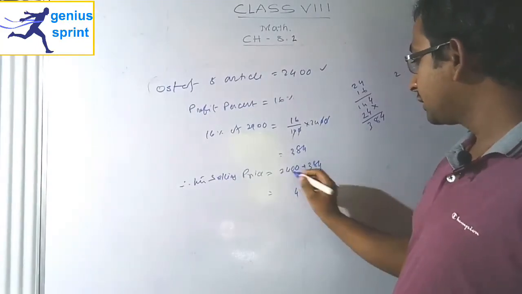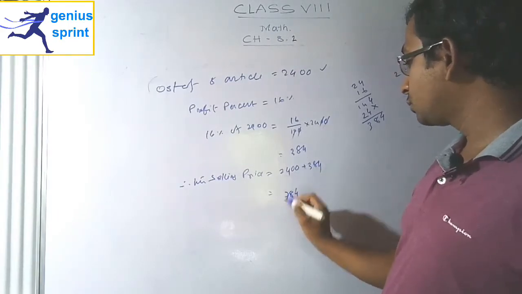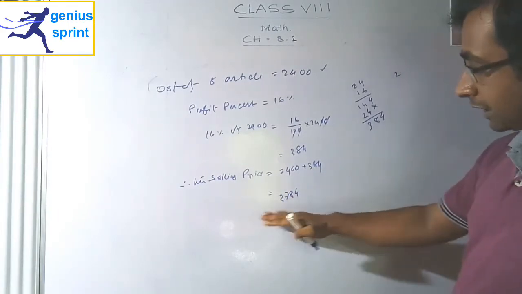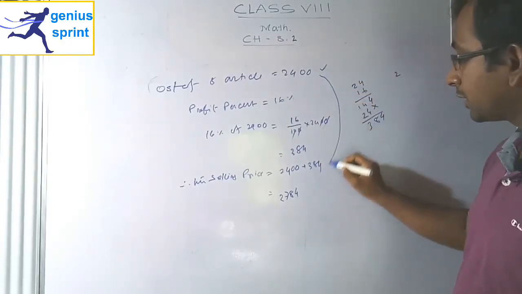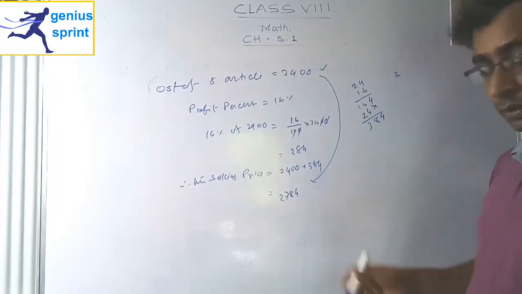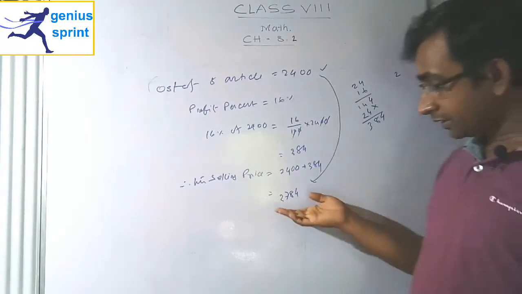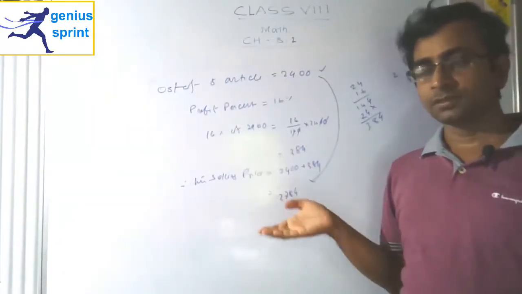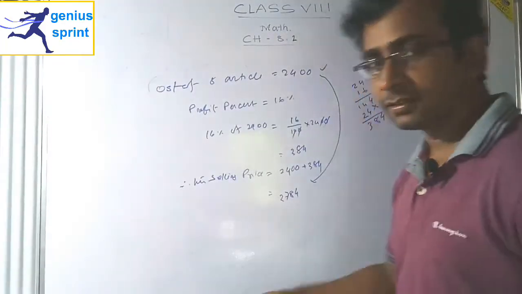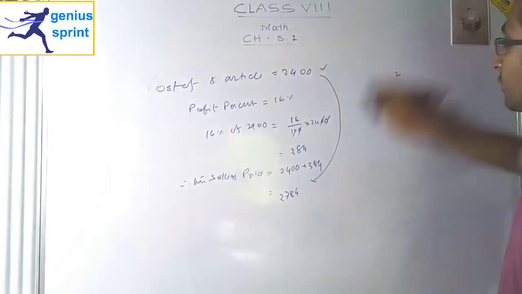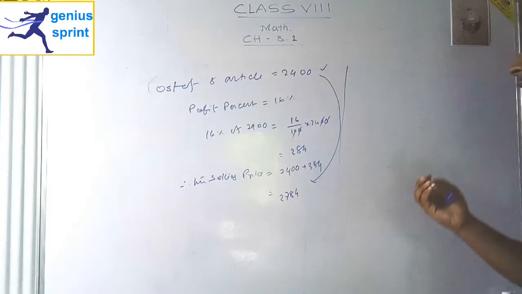4 plus 4 is 8, 3 plus 4 becomes how much? 7, and 2, so he has to sell it at 2784. See, here the cost price was 2400, but the selling price is 2784. Then he gained how much? He gained 16%. I can calculate these numbers in very few steps, but this is for your standard. If you want to take this in short, you can calculate it again. It's not necessary, but for some students who have the ability to take this.